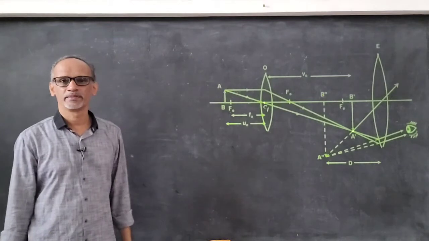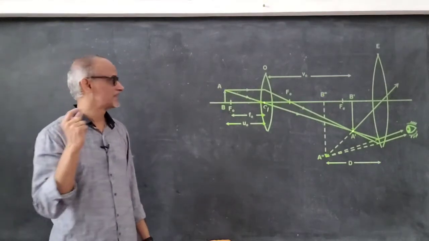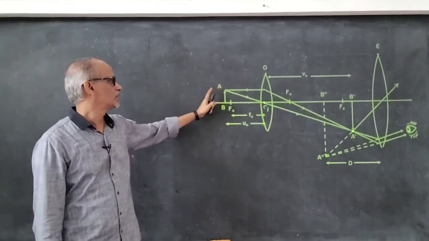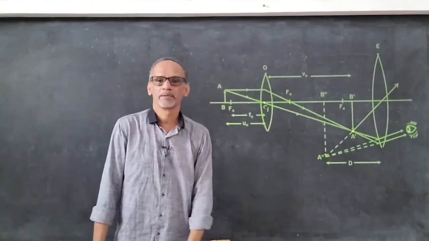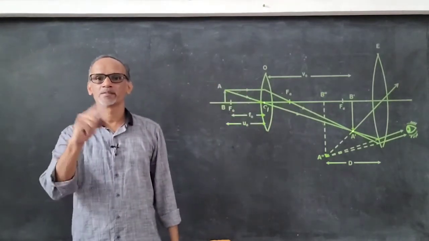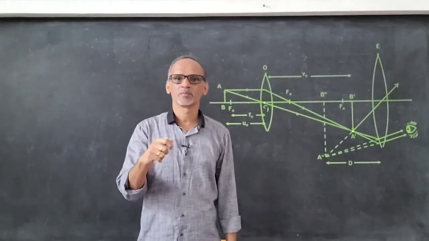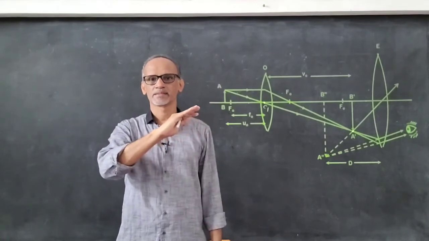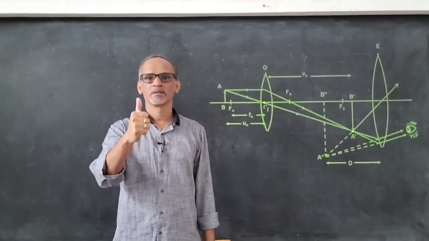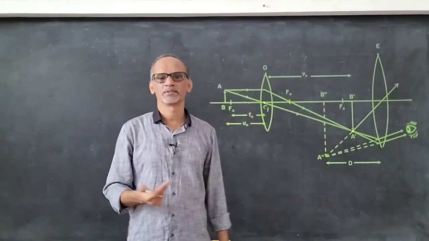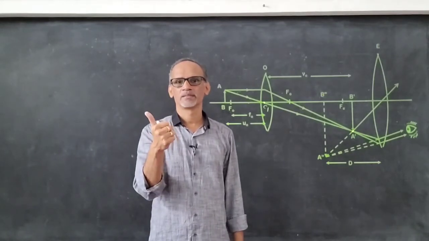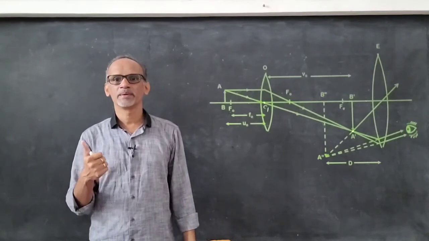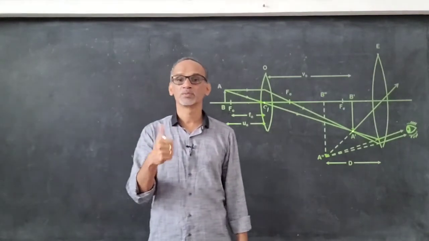And that particular point is nothing but the image corresponding to A. So for a real object, we get a real image. By the way, in the case of a simple microscope, what is the nature of the image? It's virtual because it forms behind the lens. Virtual, enlarged and erect image. All virtual images are